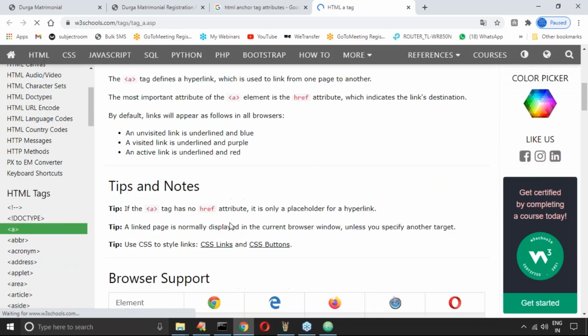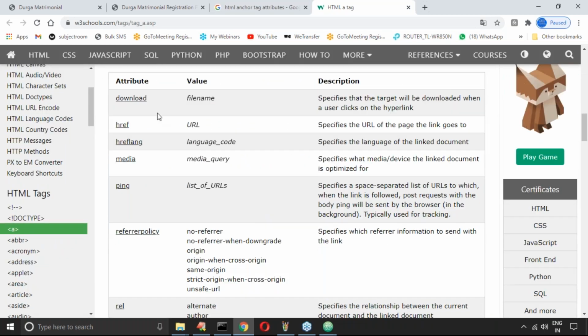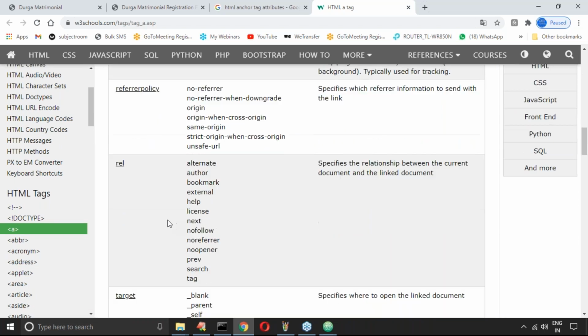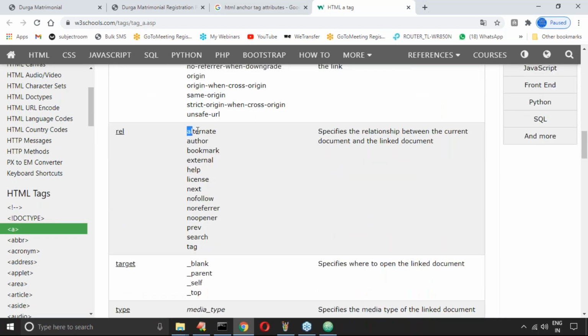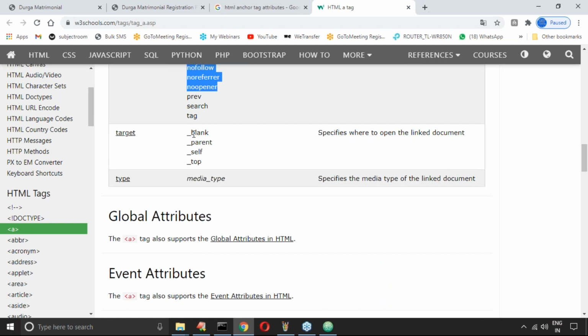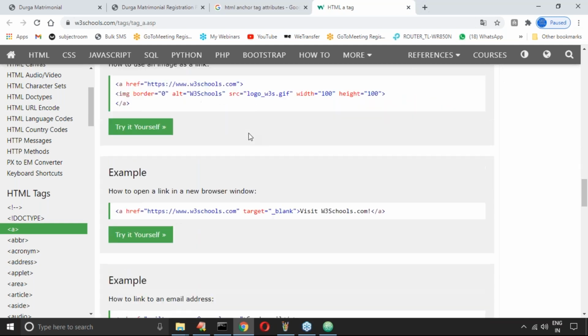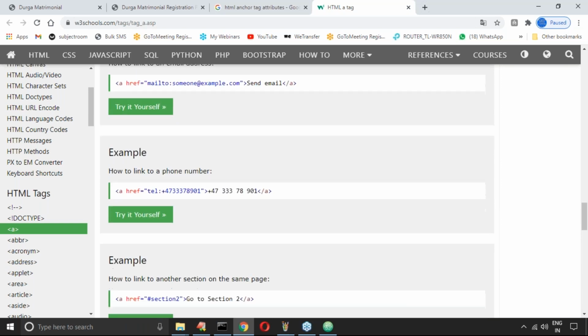Here are the attributes: download, file name, href, media, ping, alternate, other, bookmark, external, help, specify relation, no, target blank self top, type. No, we do not have that attribute. Okay, don't worry. If it is not available, we require to make sure alternate is not here.